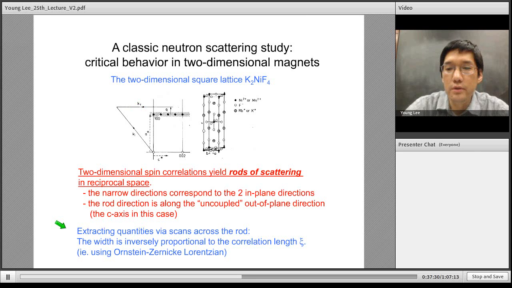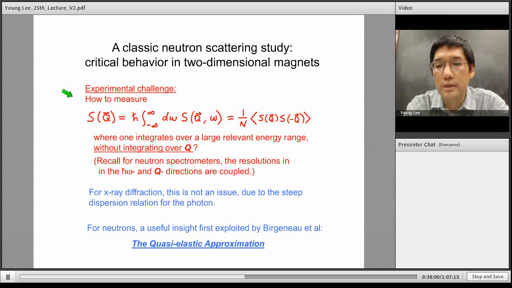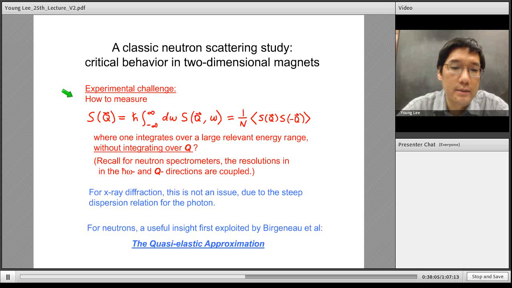So when you want to measure 2D fluctuations, we can fit the susceptibility with this Ornstein-Zernike form, and the width of this rod is inversely proportional to the correlation length. So we'll be getting the 2D correlation length. Okay, so that's very nice. It seems very nice in principle that we can just go ahead and measure the 2D correlations,